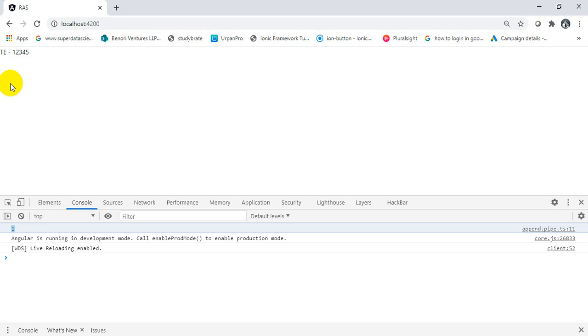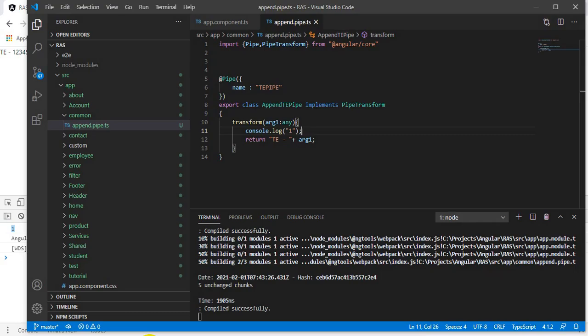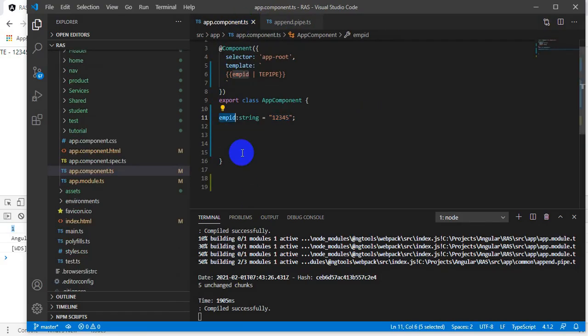But after that, if I have some button on my page and I click on that button, our transform method will not execute again unless and until I change the source value. And what's the source value in our case? EMPID. So in case of pure pipe, it only executes initially and after that only executes when the source value changes. Otherwise, your pure pipe will not execute again.